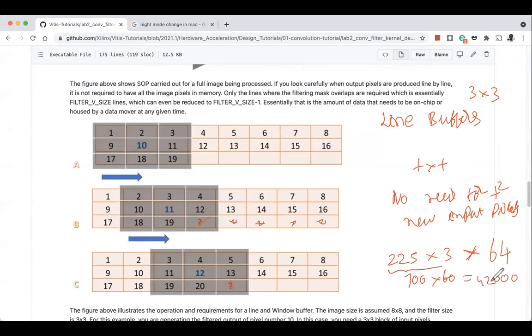And finally, at the end of the day, we have seen that we can perhaps do more convolutions, more filter operations, more MACs per clock cycle. And in fact, we are completely saturating the available DSPs on the FPGA. Okay. So this story is very interesting.